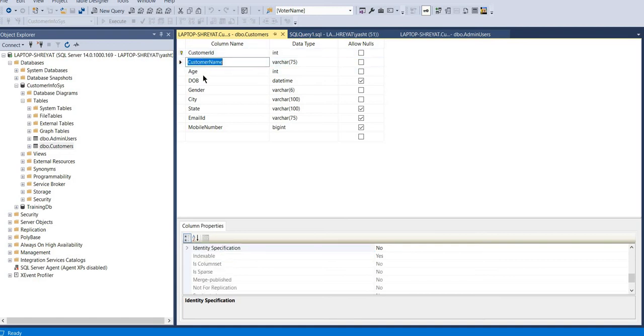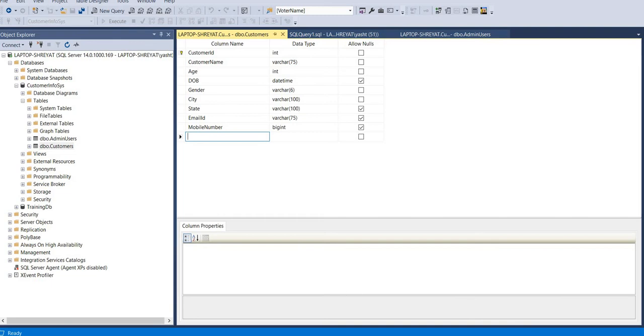Then you have a customer name which is of type varchar. We have an age column which is of type integer, DOB, date time, gender varchar 6, city varchar 100, state varchar 100, email ID varchar 75, and mobile number, which is a bigint. So this is our table.